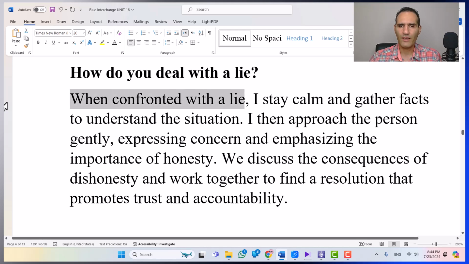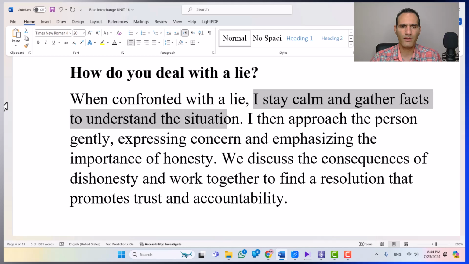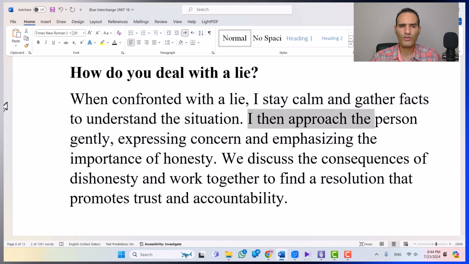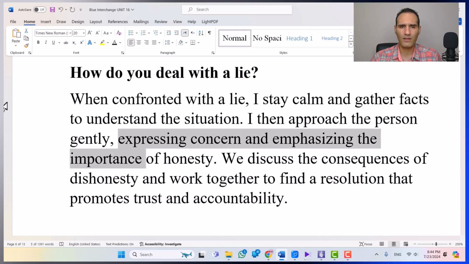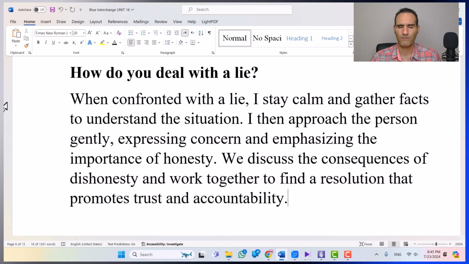When confronted with a lie, when I am faced with a lie, when someone lies to me, I stay calm and gather facts to understand the situation. I then approach the person gently, expressing concern and emphasizing the importance of honesty. We discuss the consequences of dishonesty and work together to find a solution that promotes trust and accountability. Very beautiful, very beautiful. Instead of shouting and fighting or whatever, very beautifully, they work towards a peaceful solution for